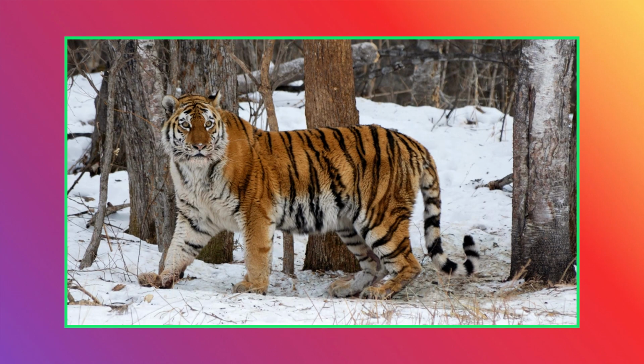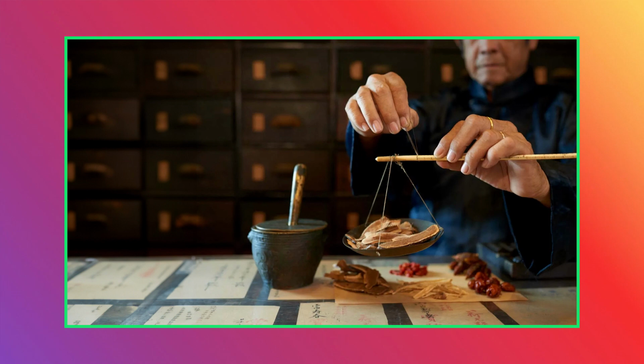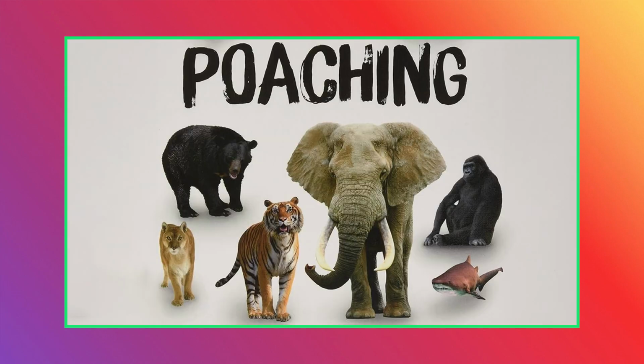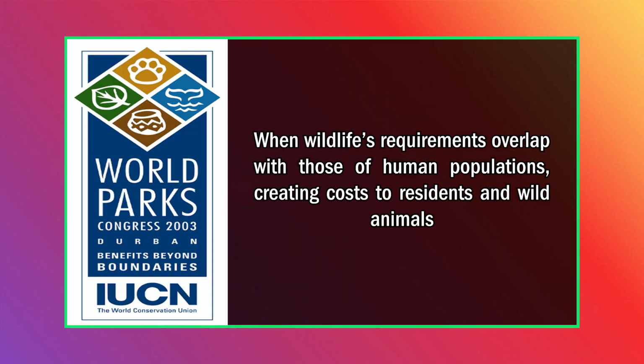At present, the tiger is being killed on account of the sale of its bones and other parts to meet the unprecedented demand for traditional Chinese medicines. Poaching is considered one of the most serious threats to the survival of plant and animal populations. Man-wildlife conflicts. According to the World Conservation Union, World Park Congress 2003, it occurs when wildlife's requirements overlap with those